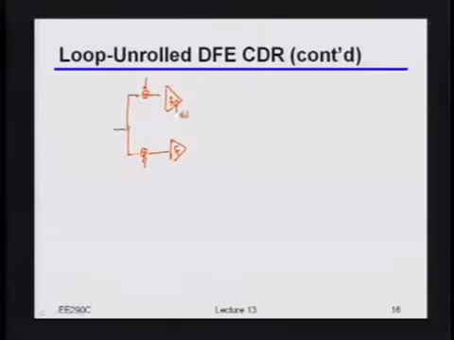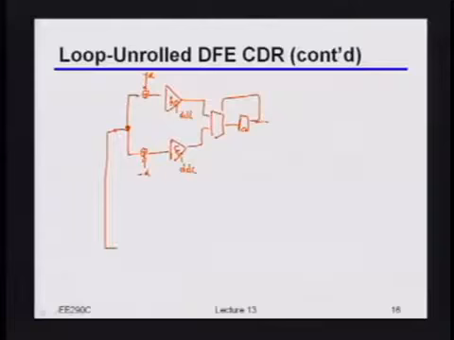And both of these, of course, were clocked by the data clock. So what you needed was something with a threshold of plus alpha, and another thing with a threshold of minus alpha, right? And this was just our standard loop unrolled DFE. Okay, but now what we're basically saying is that if we want to do clock recovery for this thing as well,